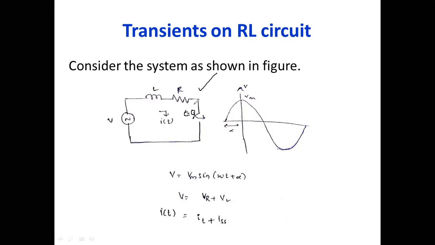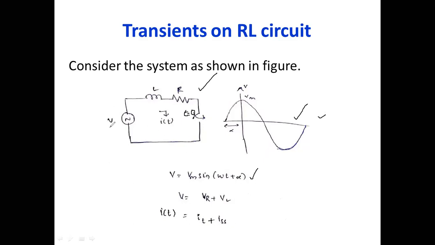Now the voltage waveform is like this. For this particular circuit, the voltage waveform is this one, so v is equal to Vm sine omega t. Already this is known to you. You have learned these concepts in your network theory. Nothing new in it, right? Please try to understand also.